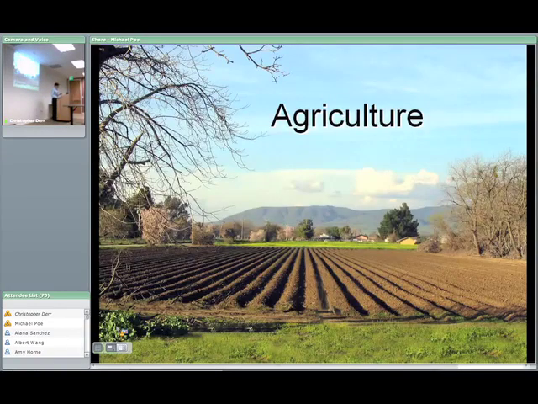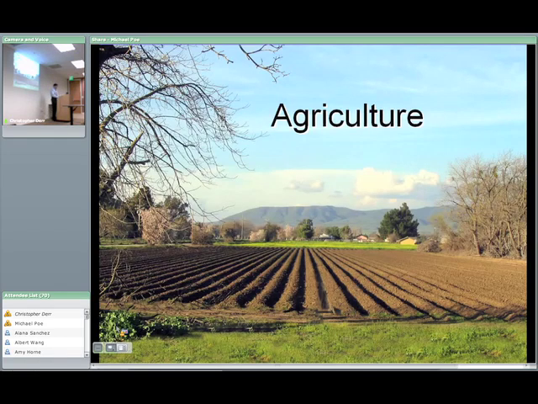Agriculture, I'm just going to say a word about agriculture. There are a lot of factors that can influence agriculture. One, obviously, is the water supply. I'm sure you all know agriculture is the biggest user of water in the state. If we have a water supply crunch, they used to tell us to put bricks in our toilets, but agriculture is where the water's being used. And I think, though it's not politically correct to say it, that's what's going to have to give.